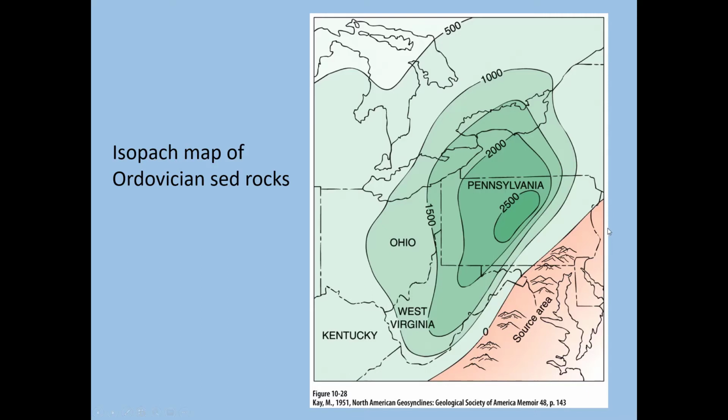So here we have our Taconic Mountains. This is our source area, and they are shedding sediment into the back arc basin, and then it is subsiding under its own weight because there are over 2,500 meters of sediment that are eroded from these mountains at this occasion. All right, we're going to take a pause, and you're going to do an activity on the Grand Canyon